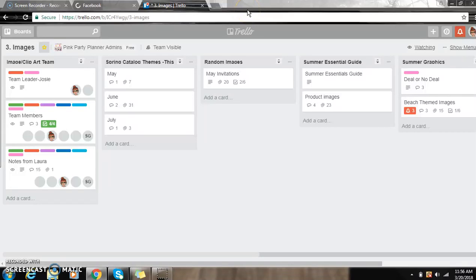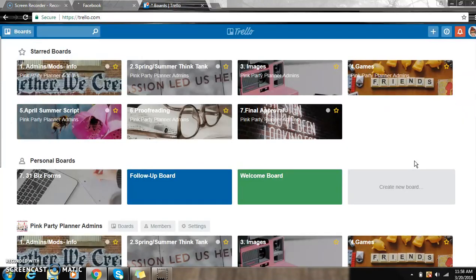Going to go through a quick training of Trello really fast. It should be no more than 15 minutes because that's all that this allows me. And if I break in and out, it's because I had to pause because my computer's being slow, so bear with me. Okay, so once you log in, this screen will appear,